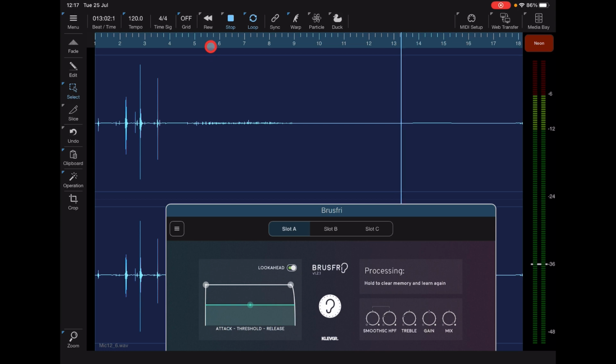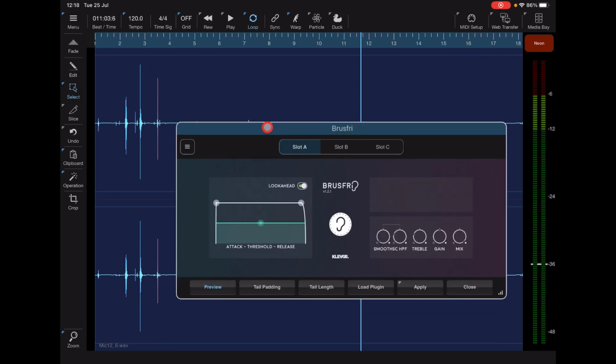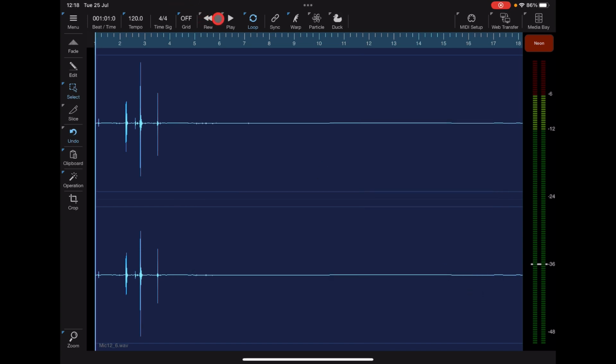For a few seconds, and now I'm going to go from here, actually. Right. And now, because we've got the whole thing selected, it will have applied the effect to the whole thing, which is great. Now what we need to do is press apply, and it will apply the effect. And we can close this now, it's done with. And if we go back now,